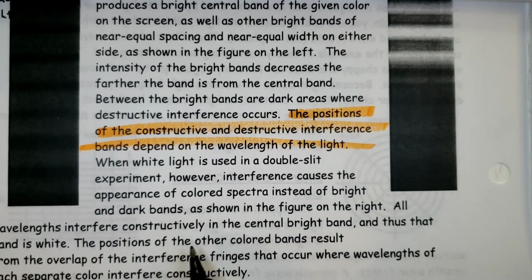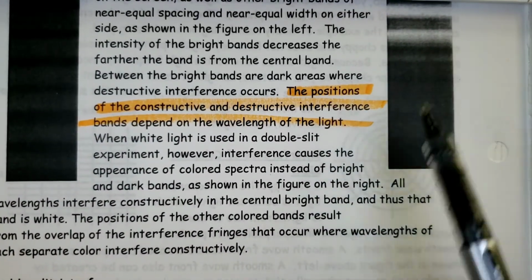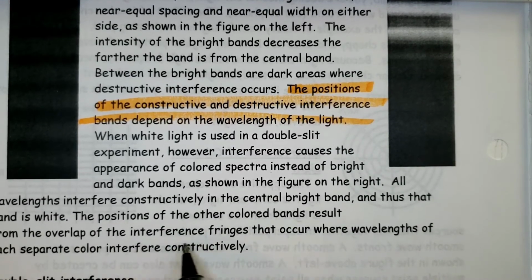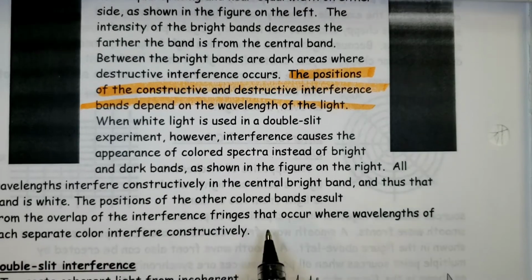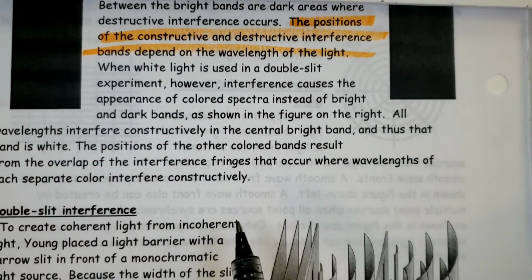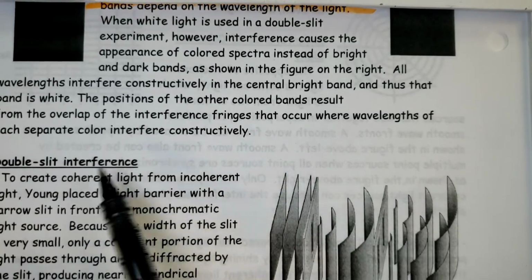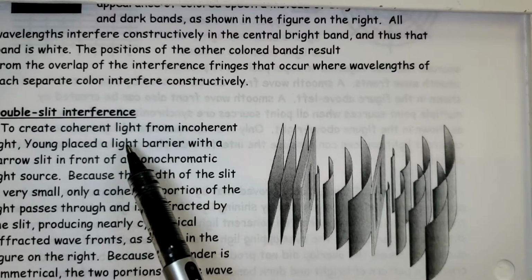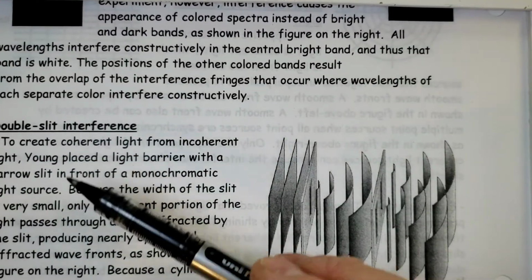All wavelengths interfere constructively in the central bright band, and thus the band is white. The positions of other colored bands result from the overlap of the interference fringes that occur when wavelengths of separate color interfere constructively. So for the double slit interference, to create coherent light, so light of one wavelength or one frequency and in phase,